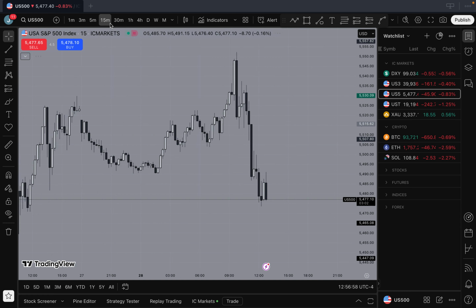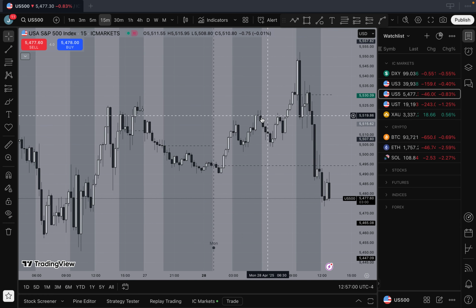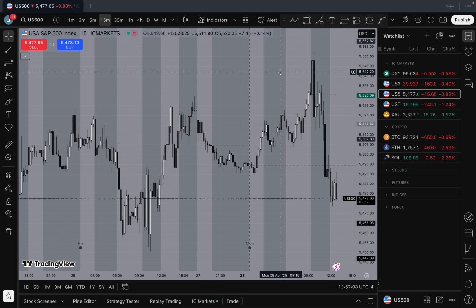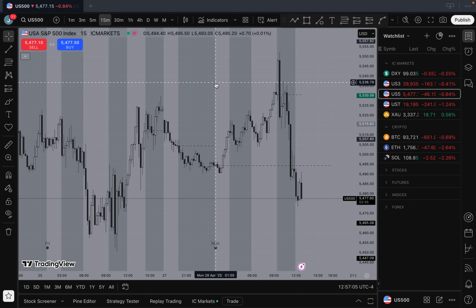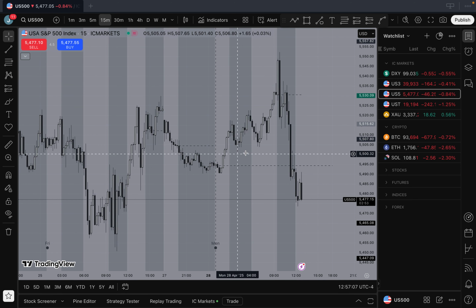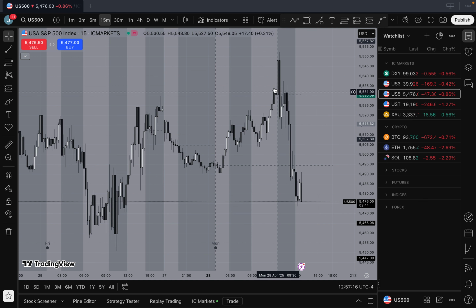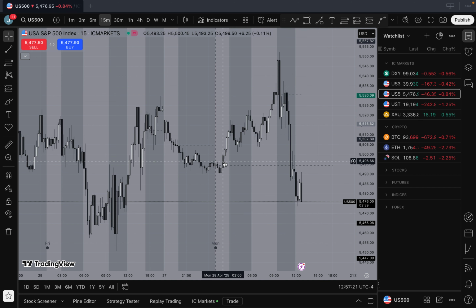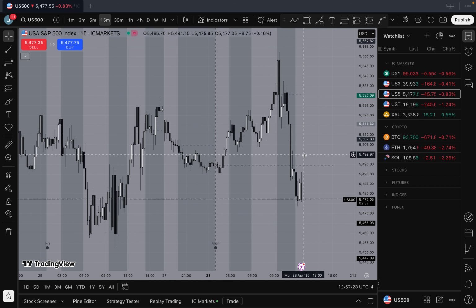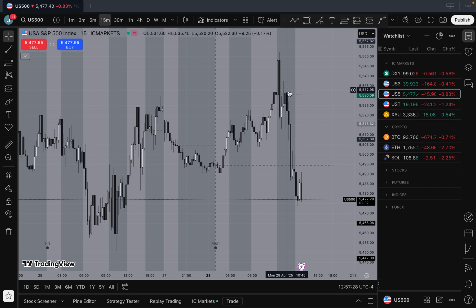On the S&P, it's not as clear as the Nasdaq is, and I'll get into that in a minute. But just looking at this, we got this liquidity, 1, 2, 3 lows there, and then we got a fair value gap there. So if you were to get in here, you could take this short, bang, target that and that, and that's a move there.